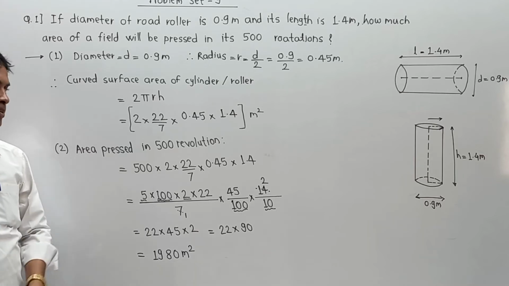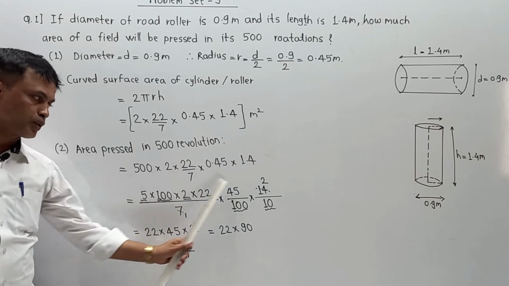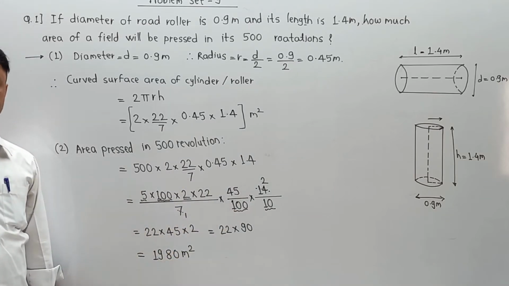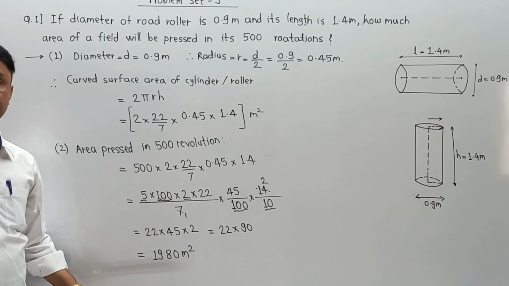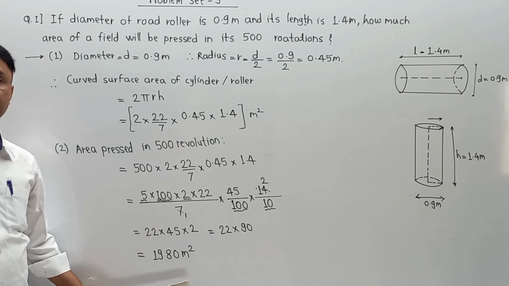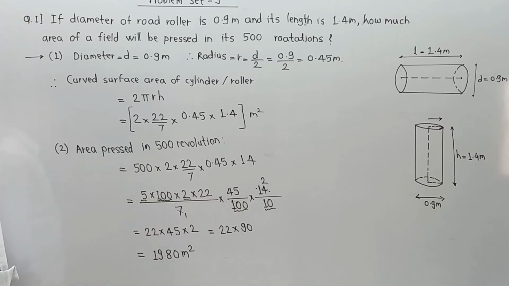Student, there are two main steps. First, how you are going to represent this part, and second, how you are going to solve these mathematical steps. Remember, numbers are arranged in such a manner that they get cancelled with each other, and we are supposed to get a round figure answer. But a number of students are making some silly mistakes over here. So please do the calculation and observe it very carefully.